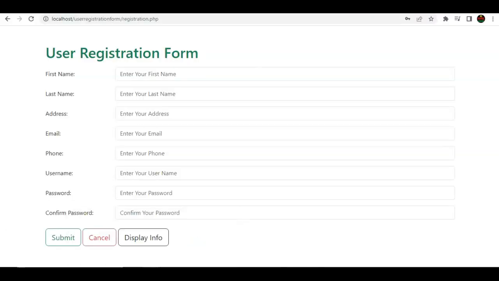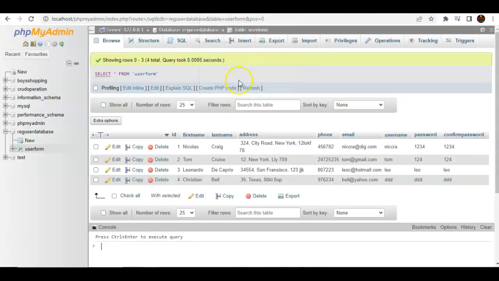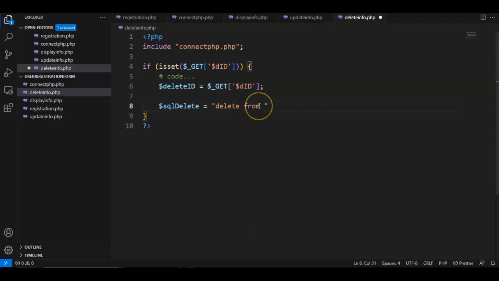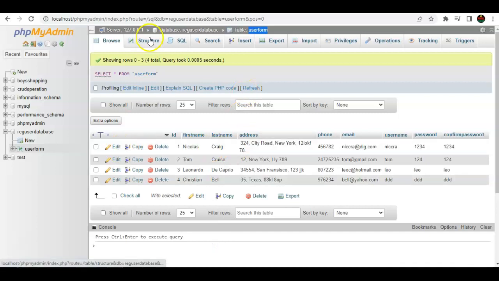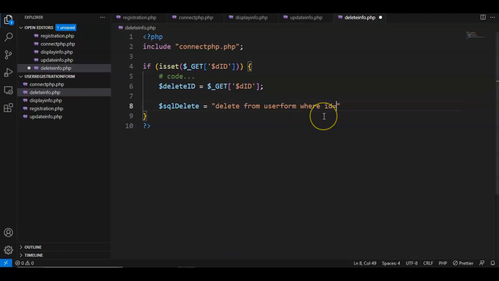So let's find out the table name. The table name is here. Then we're gonna put the condition. In the table we have defined the ID variable, sorry, the column name is ID. So we have put that column name already here. ID is equal to